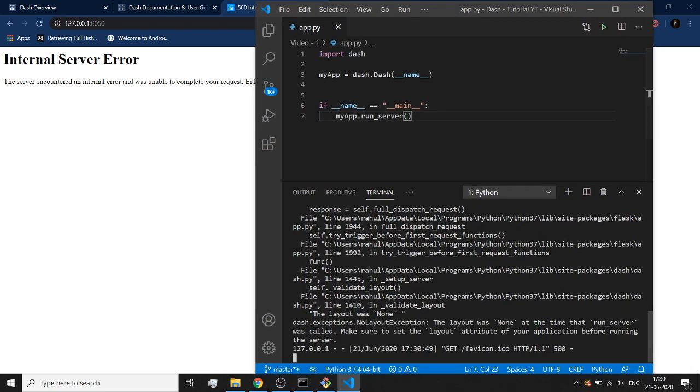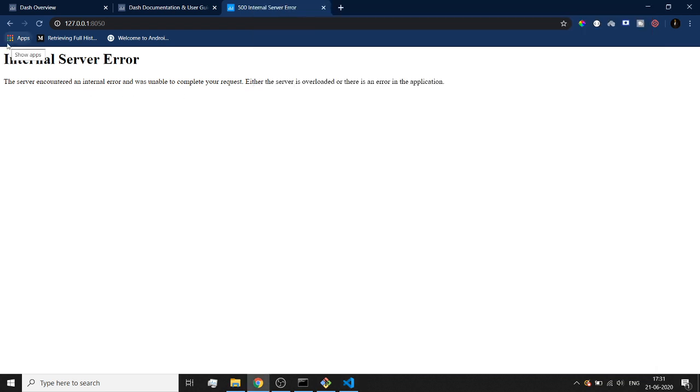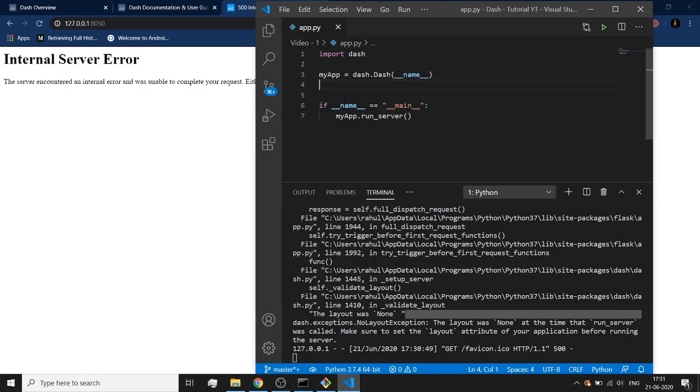Now why is this giving us this error? Because by default this dash app needs to have something to show here, but we did not specify what we are going to see on this web page when a user visits this URL. So that is why it is saying that we are not able to see this layout thing. Layout was none because we did not set the layout. And what does layout mean? Layout is a fancy way of saying how your components will be displayed on this web page. Okay, so I hope you are getting everything that I have discussed till now.